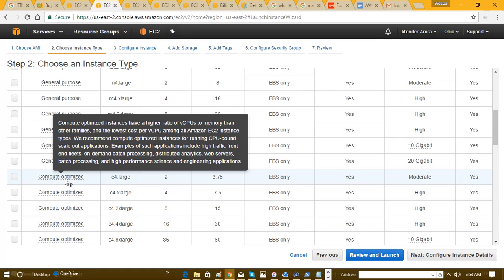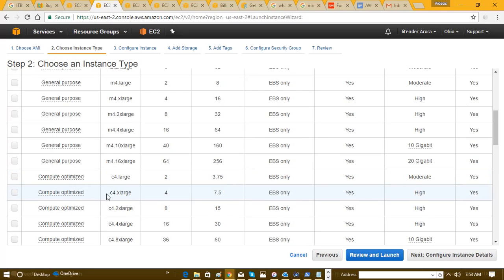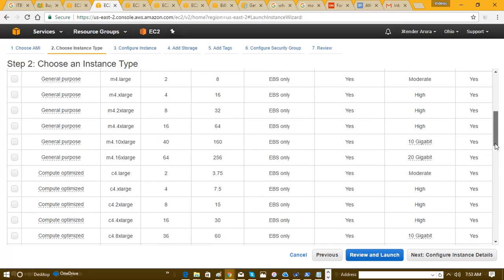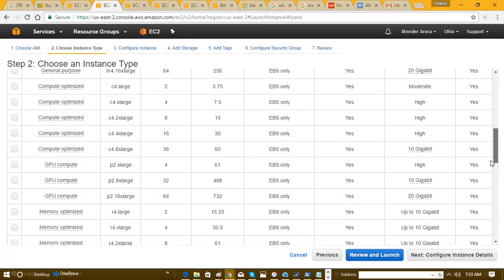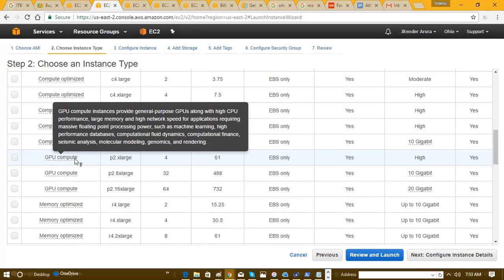So you can read on along those lines. These types of instances begin with C4, and we've already seen general purpose begins with T2, M3, M4, and then compute optimized types begin with C4, and then you have GPU compute. GPU are for graphics. If your application needs a lot of graphic processing to be done, you can use